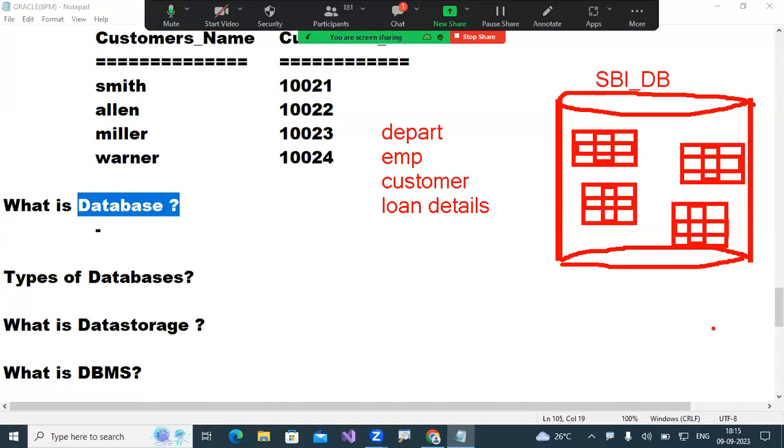So like this, each different type of data, I'm storing in a different table. After we save our data in such a way, this is the departments data, this is the employees data, this is the customers data, and this is the loans data.